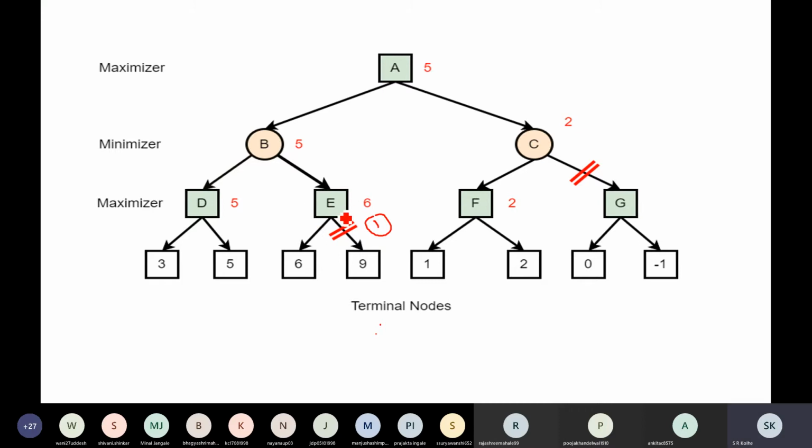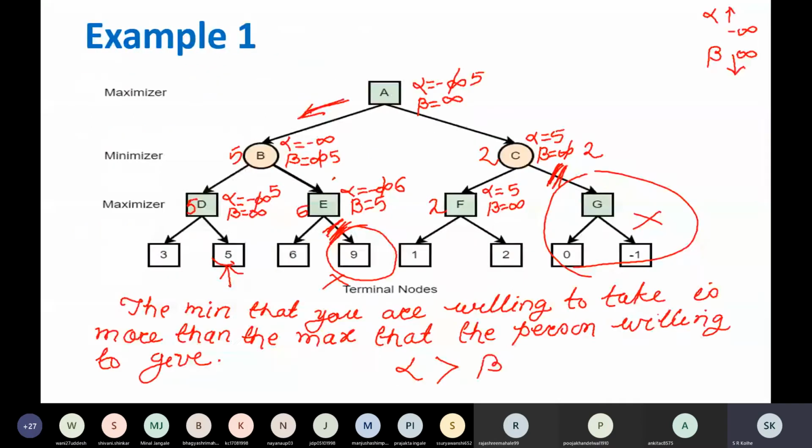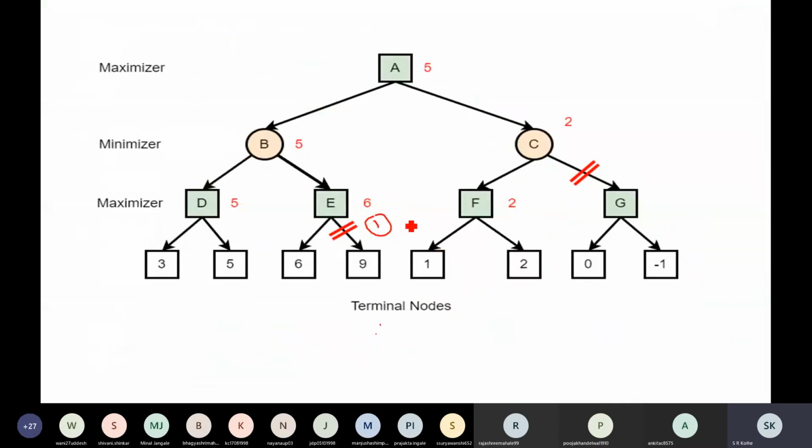Below a maximizer node, go back. Below max, beta pruning. So this is called beta pruning. And below min it is alpha pruning. This is called alpha pruning.